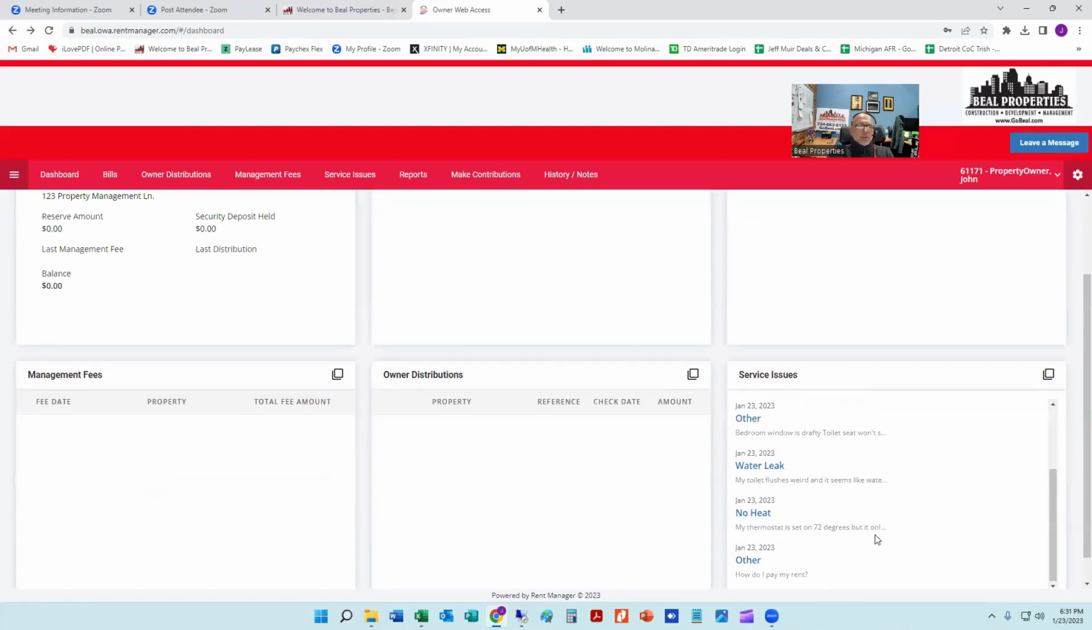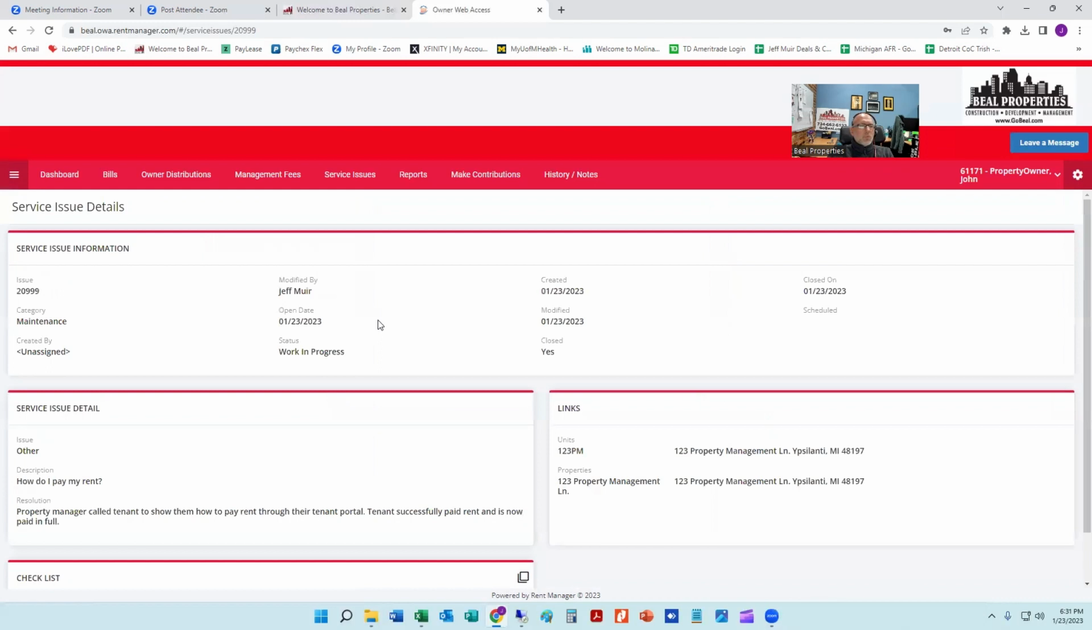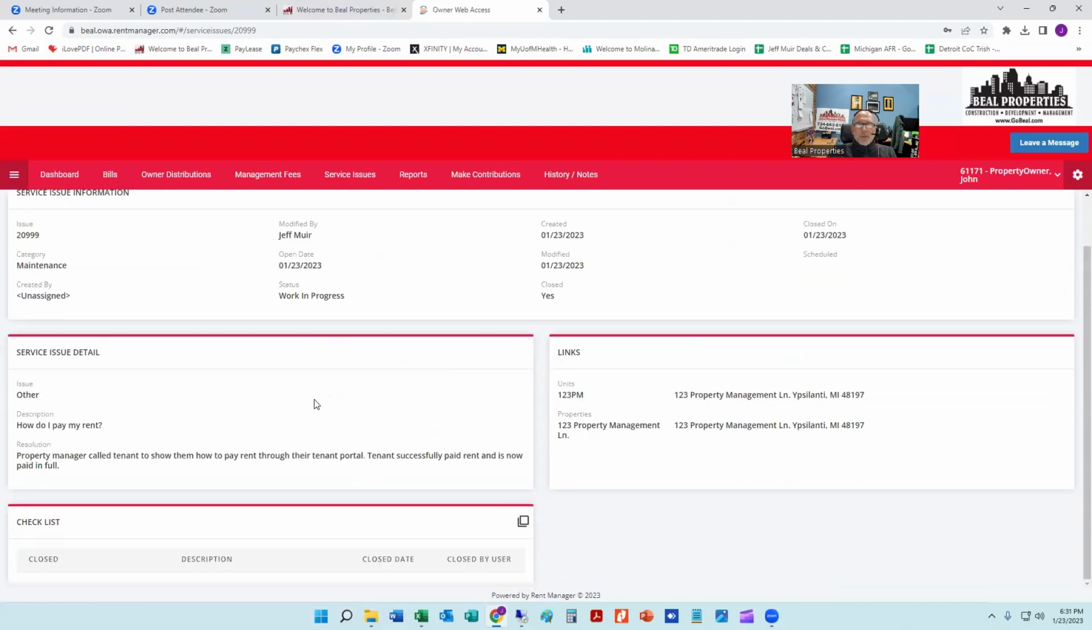You might see a service issue from a tenant where really they're asking something that's not really a service issue. So in this case, it would be a new tenant. They're new to our system. They're trying to figure out how to pay their rent. So in this case, you can see that the property manager saw that. They called the tenant. They showed them how to pay their rent, explained to them that this wasn't really a